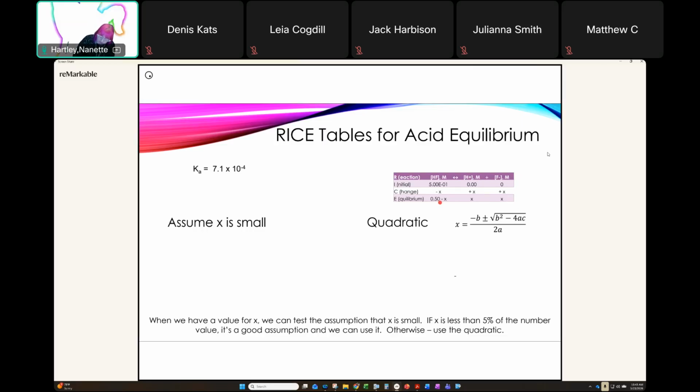And so if we make that assumption, the expression that we end up with is that K is equal to that H plus times the F minus over the 0.5. Right? And again, that is a concentration, so that should go in like this. Okay. Now I happen to know that Ka for this system is 7.1 times 10 to the minus 4. I got that from a table. Okay, so that's where I got that. And so if I know what that K is,